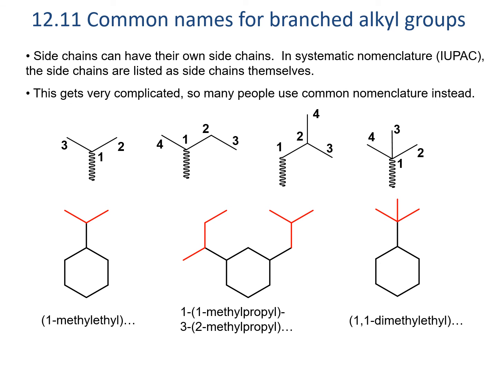Common names are begrudgingly allowed in the IUPAC system nomenclature, but are generally not considered preferred because they can't name more complicated groups without creating an infinite number of names that you'd have to memorize. On the other hand, the common names are a lot easier for small molecules and are used almost universally. Just like the medical professional needs to recognize a common name like Tylenol, even as they may call the drug acetaminophen, we need to memorize these common names to recognize them, even if you prefer to give a correct name